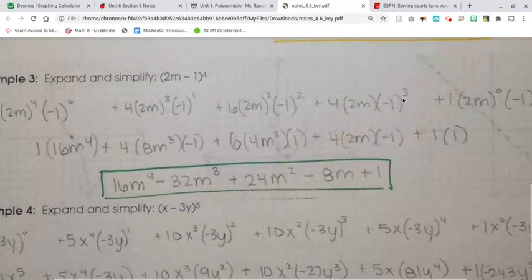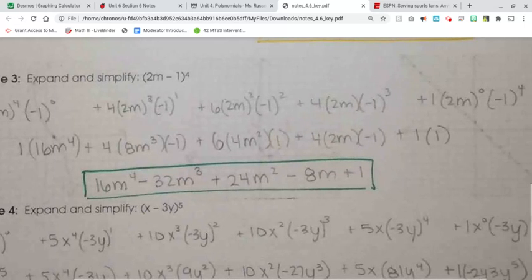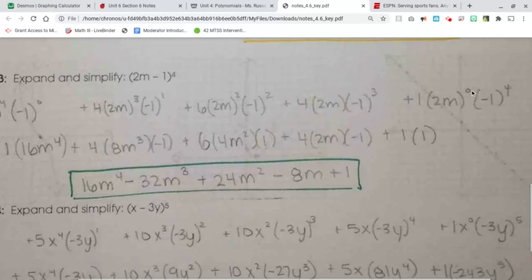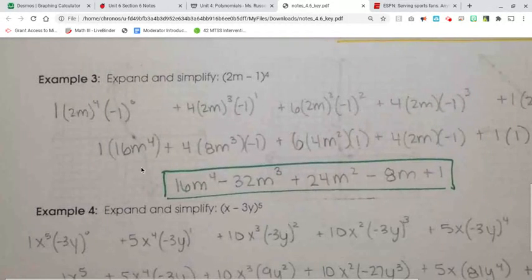Here, negative 1 to the 3rd is negative 1 times negative 1 times negative 1, which still gives us negative 1. And then here, the 2m to the 0 will cancel out, so we just have negative 1 to the 4th, which is -1 times -1 times -1 times -1, and that is 1. So at the end here, you're going to see 1 times 1. Obviously, that's 1. And at the other end, you're going to see 1 times 16m to the fourth,